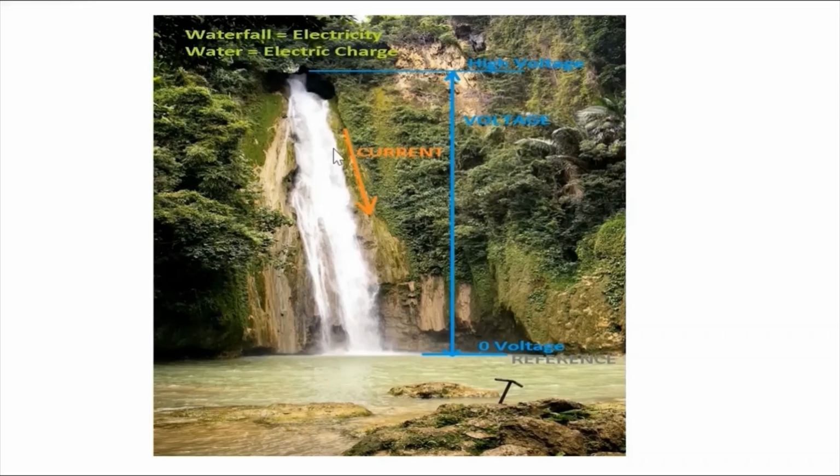Now let us consider the water flow as the current flow and the water particles as the charged particles or ions, and the height difference between the top and the bottom as the potential difference. Consider the bottom as the zero voltage and the top as the high voltage. Now just calculate the impact at the bottom. The impact at the bottom can be increased by increasing the flow of the water, also called current, right? And the impact at the bottom can also be increased by increasing the height of the waterfall. It is also called potential difference. So here we can say that the potential difference is directly proportional to the current. It is also called Ohm's law.